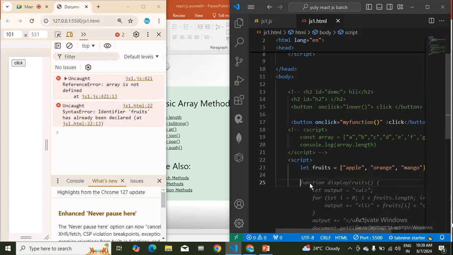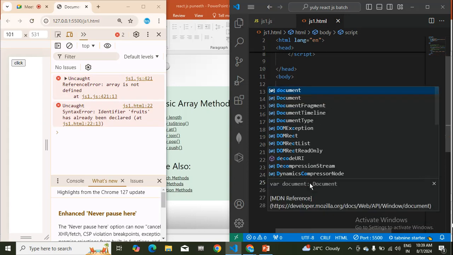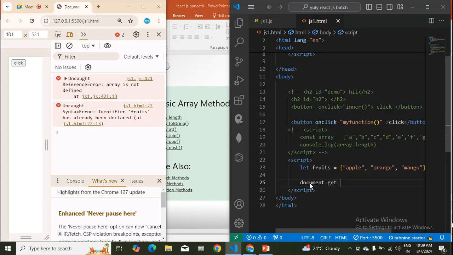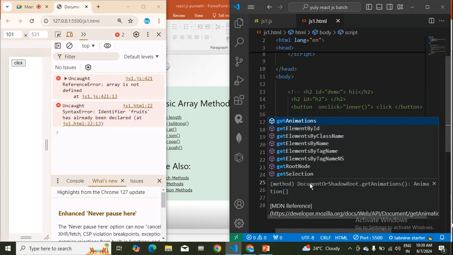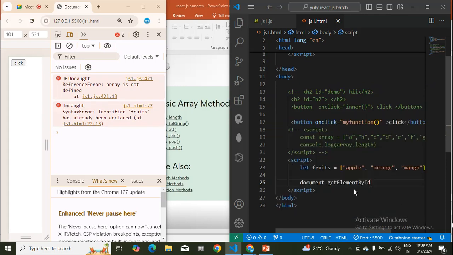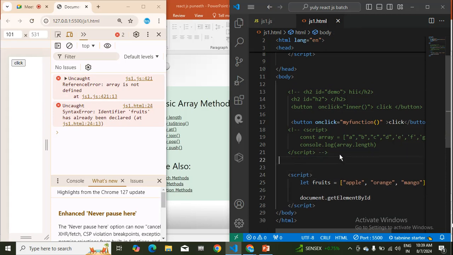That is document dot getElementById. Whenever we are taking the ID, that is, whenever I am giving an ID over here,